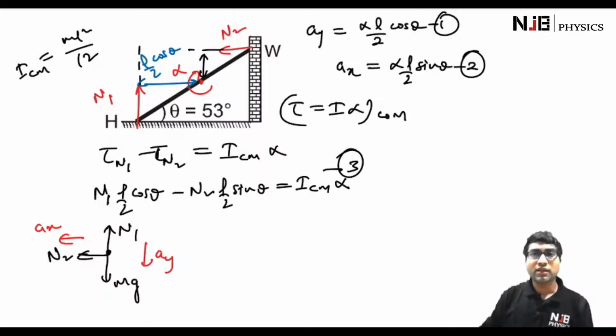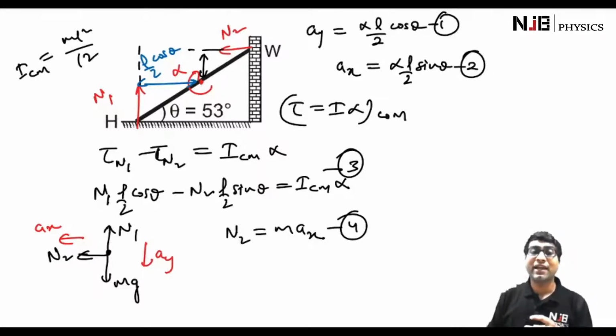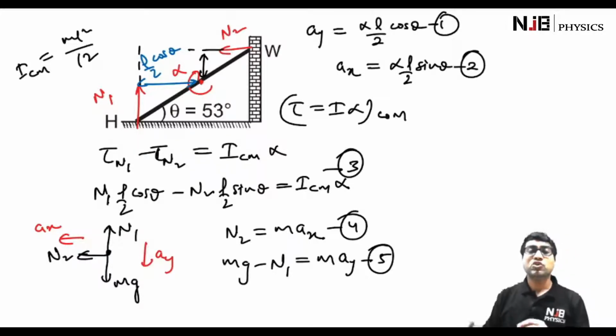So from here we are going to get 2 equations. One is writing the equation for translation in the x direction, and when you do that, it will be N2 equal to mass times Ax. This is the 4th equation. And if you do it in the y direction, then you are going to get mg minus N1 equal to mass times Ay. This is going to be the 5th equation. So now see, in this problem there are 5 unknowns and we got 5 equations. And obviously if you solve these 5 equations, you are going to get the value of everything that you needed,